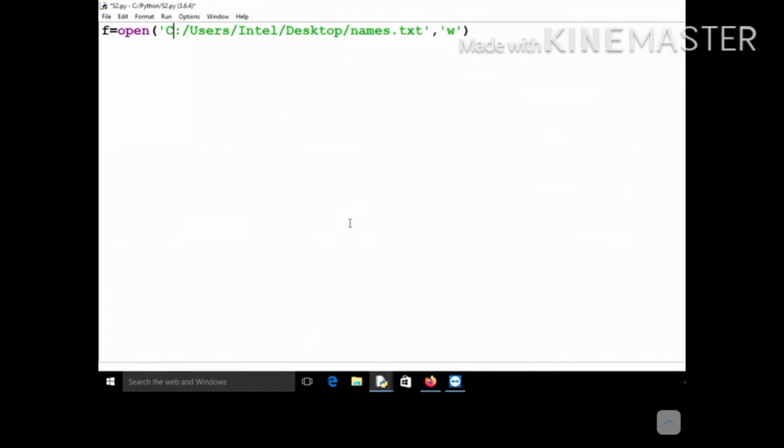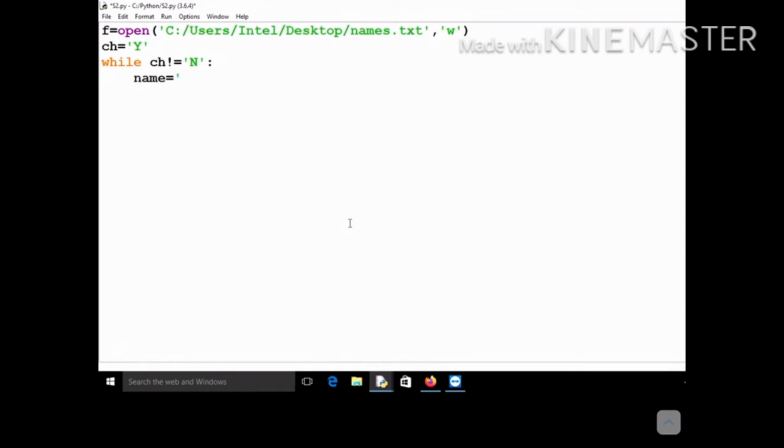So what I will do is run a loop. While ch, where ch is nothing but your choice, while ch is not equal to n. Let me initialize ch. What is your choice initially? Your choice is initially yes, and I am checking that until your choice becomes n, that is no, it should accept names from the user.